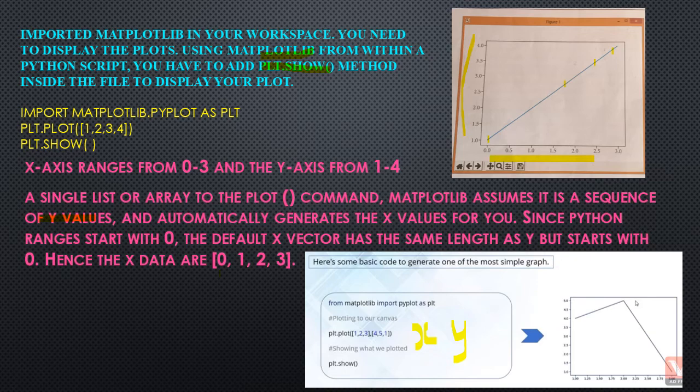The first point is 1, 4, and this is the first line. The second point is 2, 5. The third point is 3, 1. So this is the line of this plot.